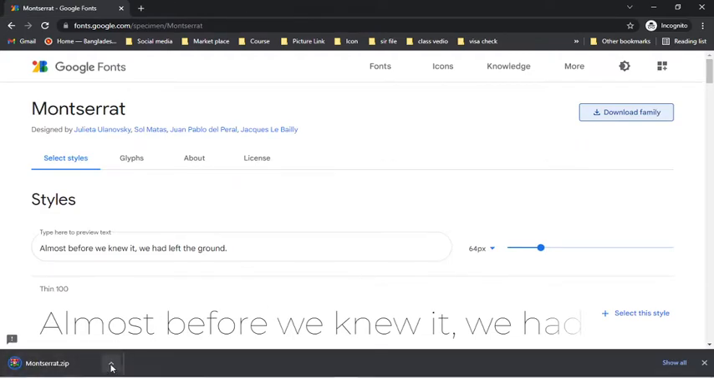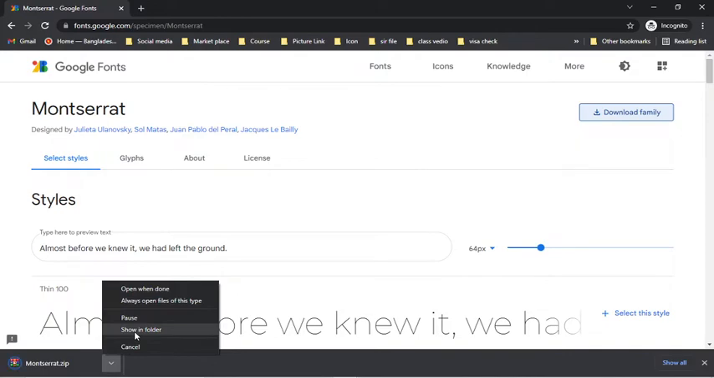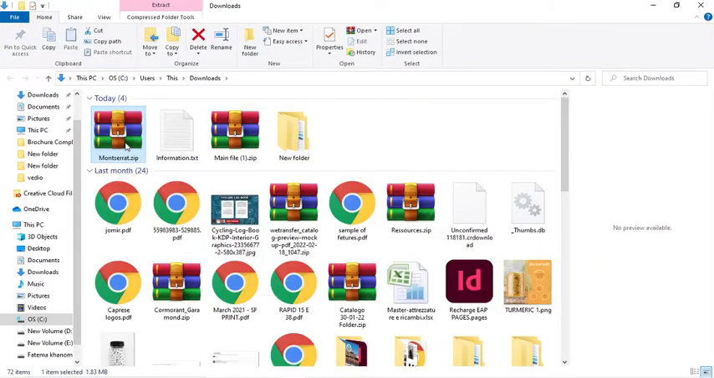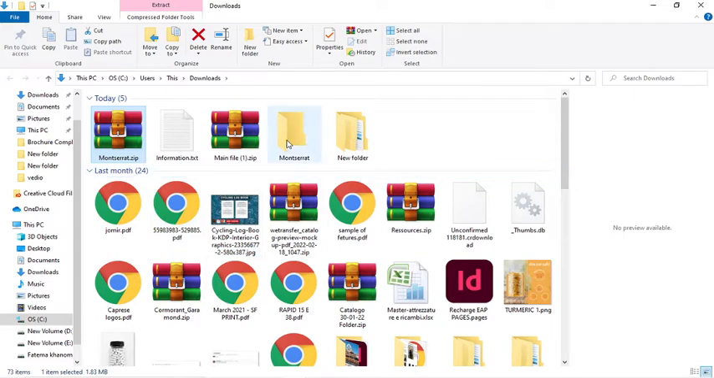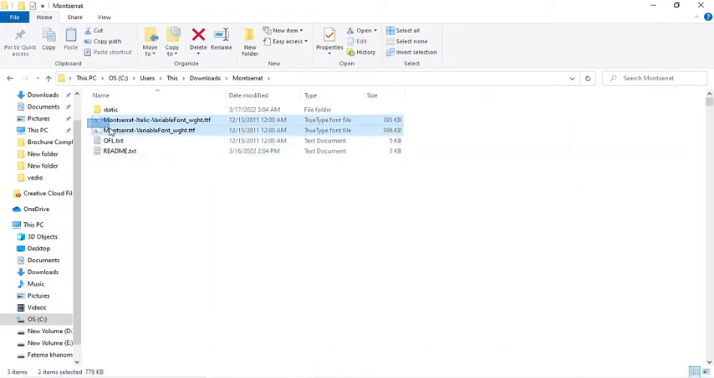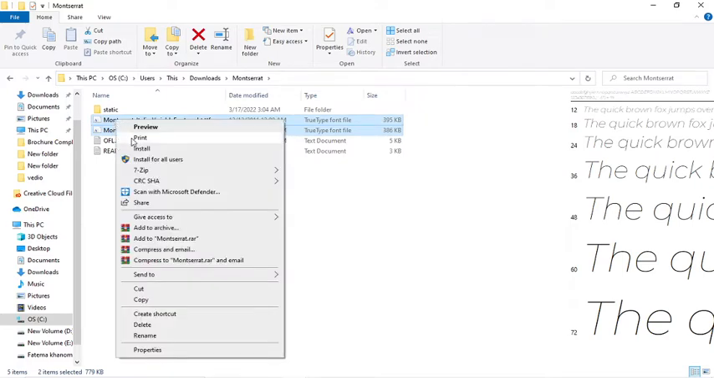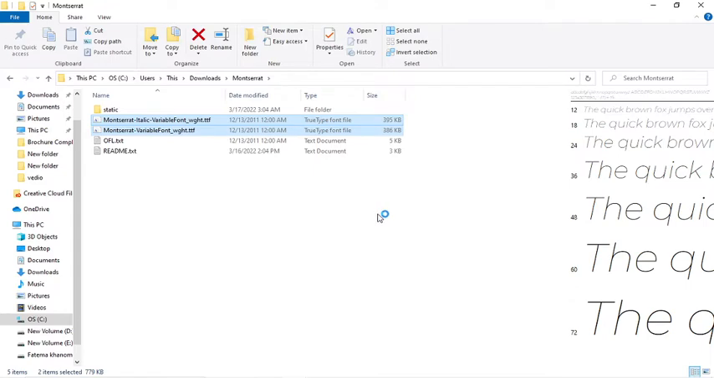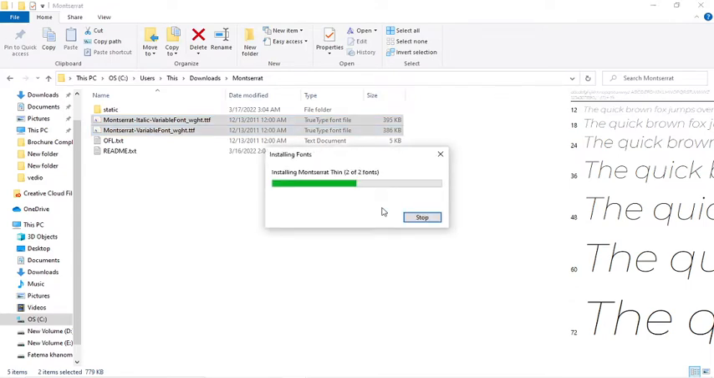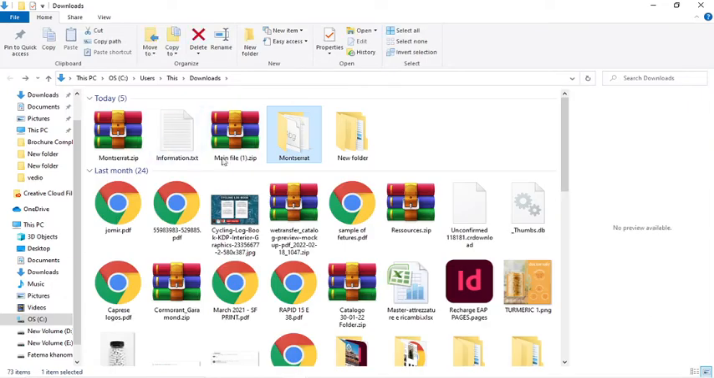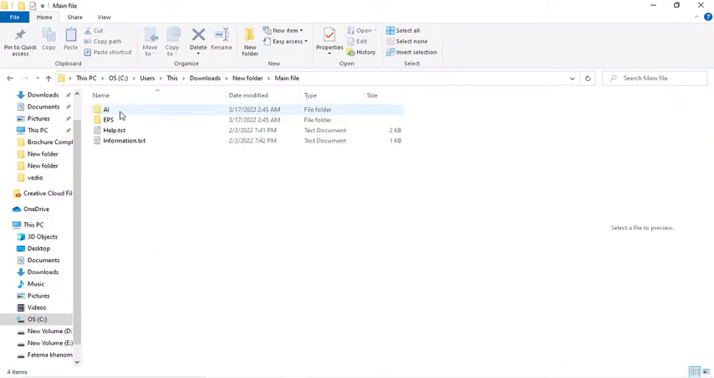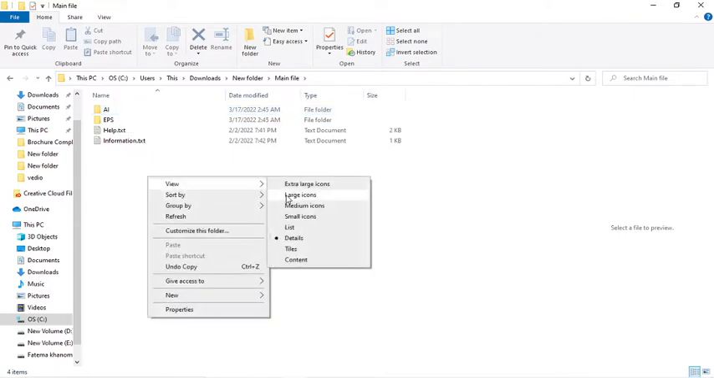When you download the full font family, go to the folder option and extract the file. Okay, and then you get the Montserrat font, as you can see, and just install it on your computer. When you install both fonts, then go to your main file and as you can see, here is the EPS